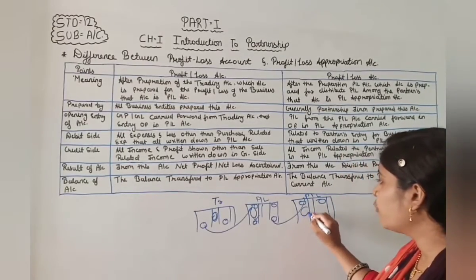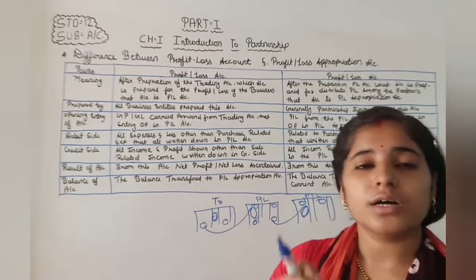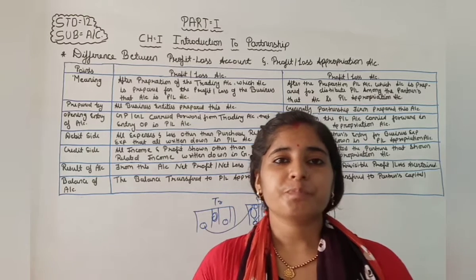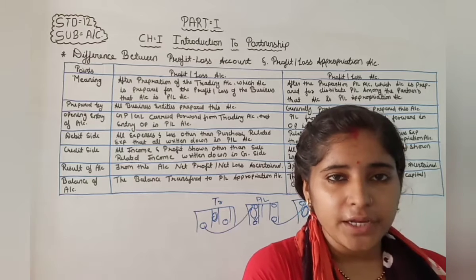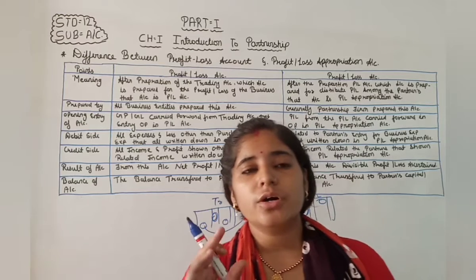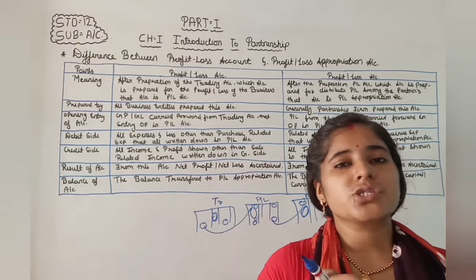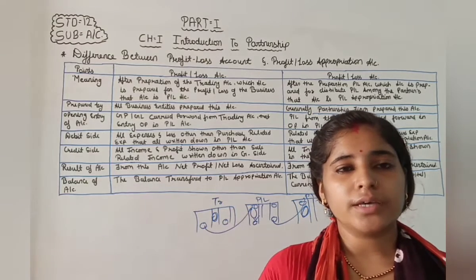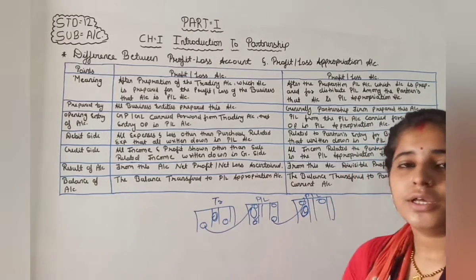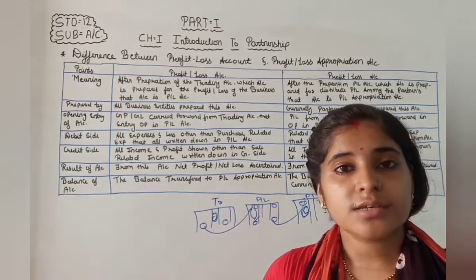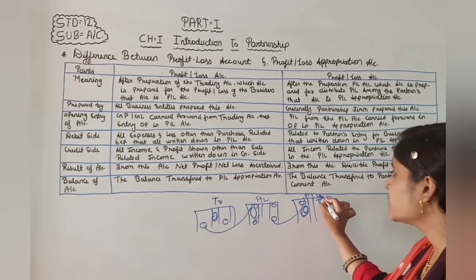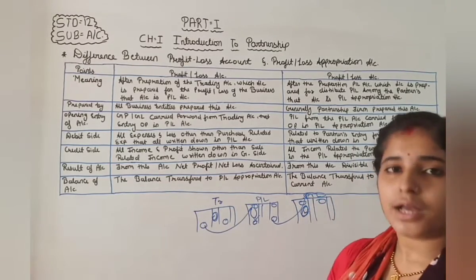Now in the debit side of the profit and loss appropriation account, we write down expenses related to partners. Drawings, interest on capital: that is an expense of the business and income for the partners. So interest on capital and interest on other accounts we write down here. Salary, bonus, remuneration: these are expenses related to partners for a business, so they are written in the profit and loss appropriation account.